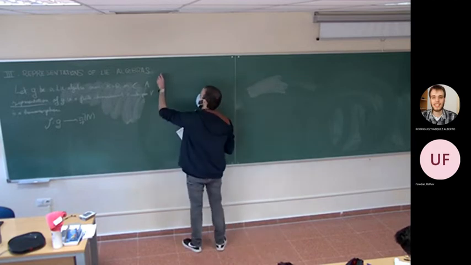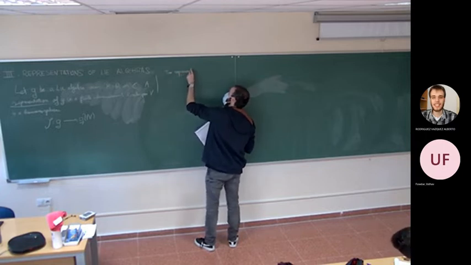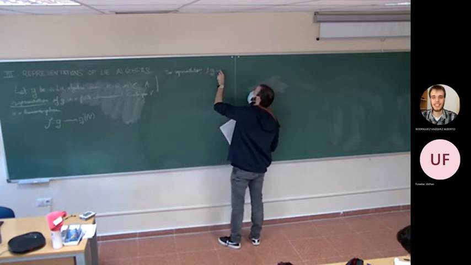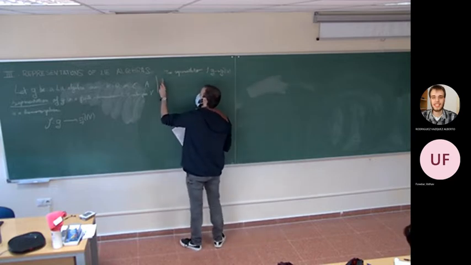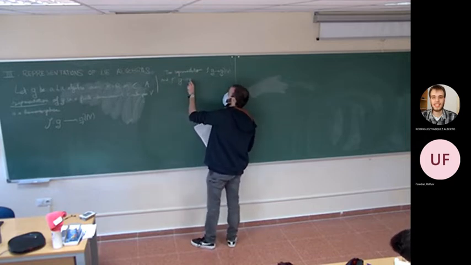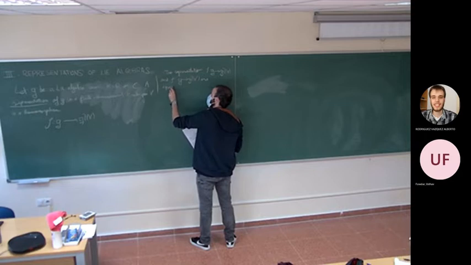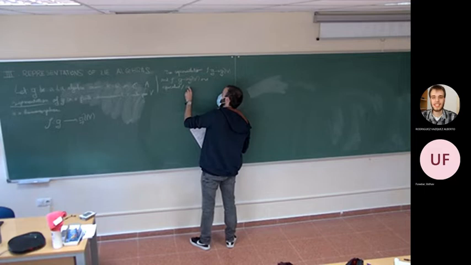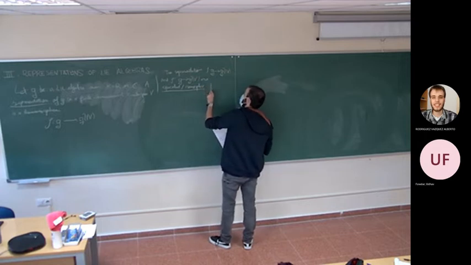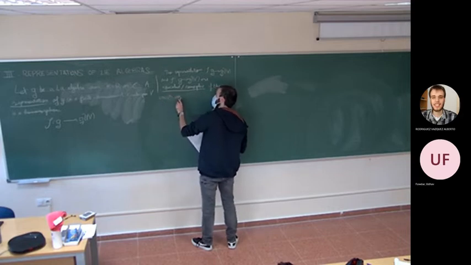So to be more formal, we say that two representations rho from G to GL V and rho prime from G to GL V prime are equivalent or isomorphic if there exists an isomorphism, a vector space isomorphism